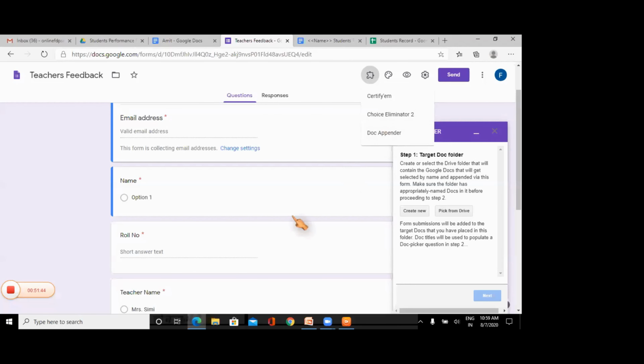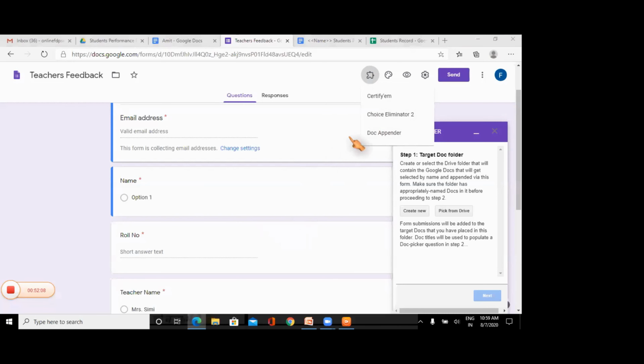Yes, okay. I request all the participants to please reply in the chat window whether this Doc Appender add-on is visible to you or not. Doc Appender is coming. Visible. Okay, all right.